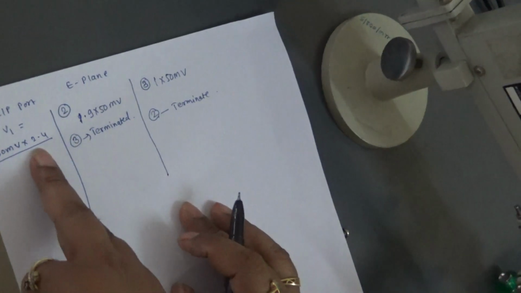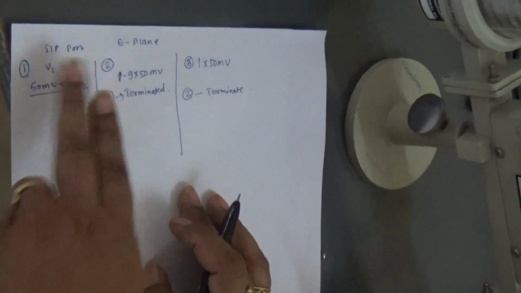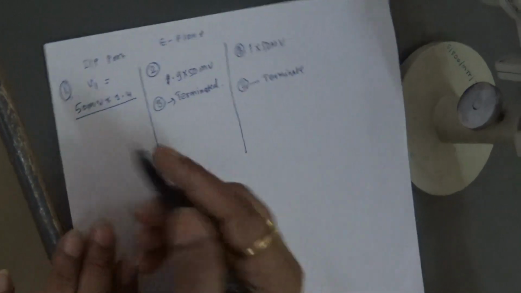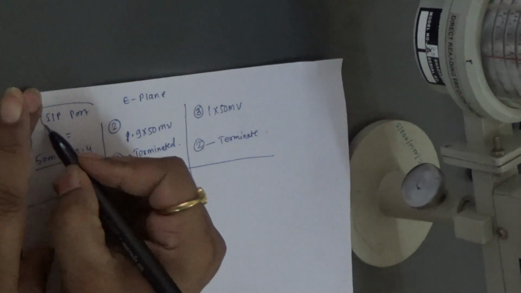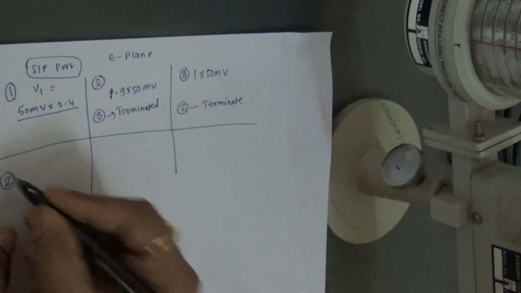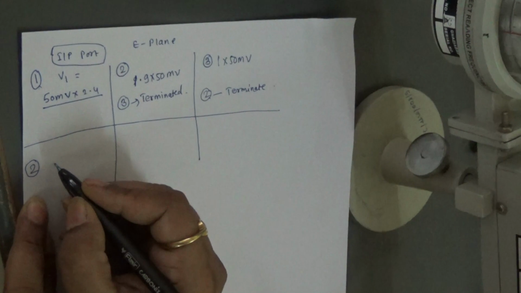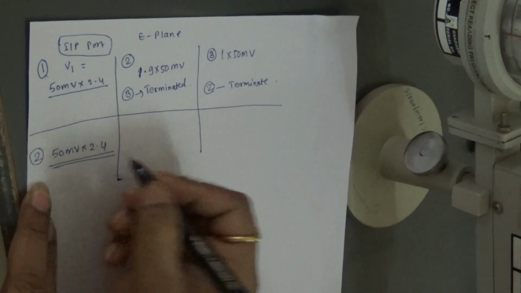So this is input given at port 1, you are getting the output at port 2, and similarly input is given to the port 1, output is measured at the port 3. Now what do you have to do? Now input port, this is input port, right? Now give input to the port number 2. Now input will be same as it is. So what is input? Input voltage is 50 millivolt multiplied by 2.4, right? This much is your input voltage, because we are not changing anything here.